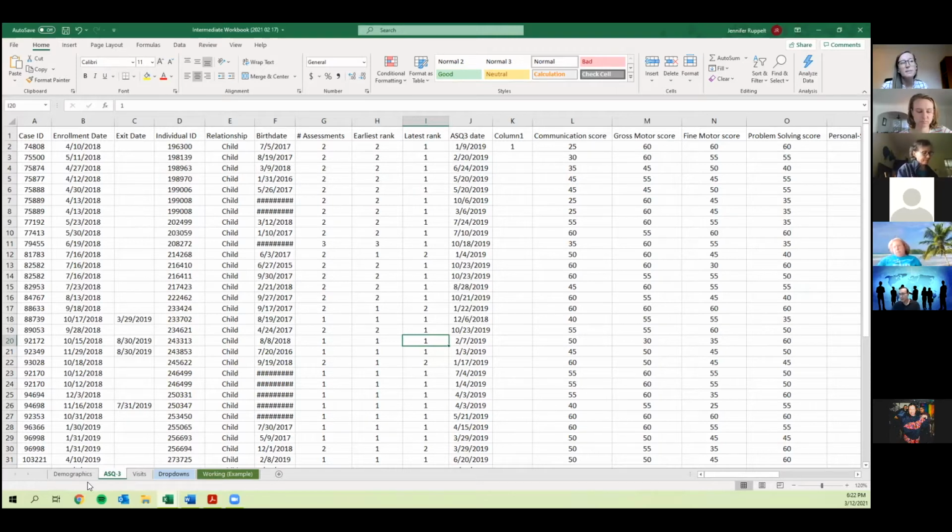And this is something that we're going to get into a little more in the advanced session. So if you're not signed up, we encourage you to do so, which is going to be next week. And that's how we tie pieces of data together. But for now, we just want to make sure we have everything in one place